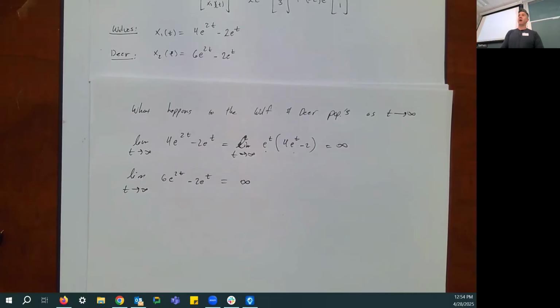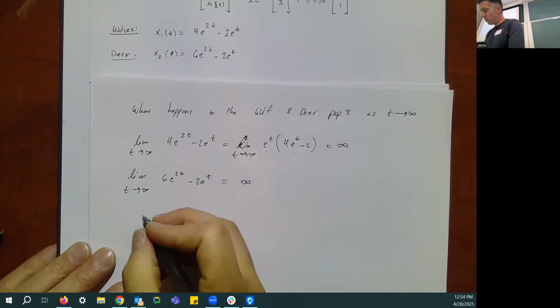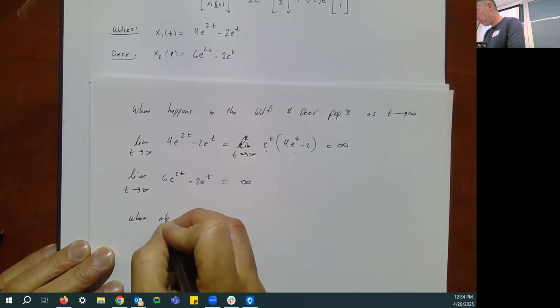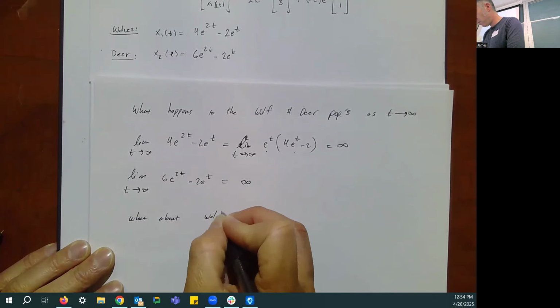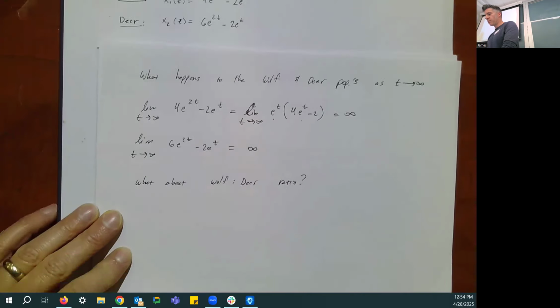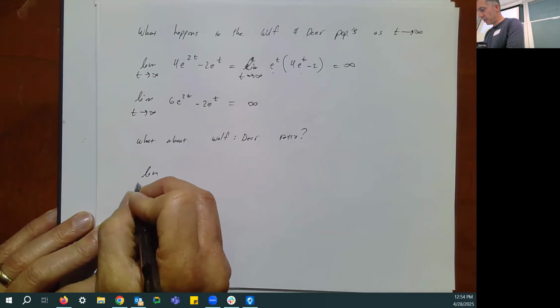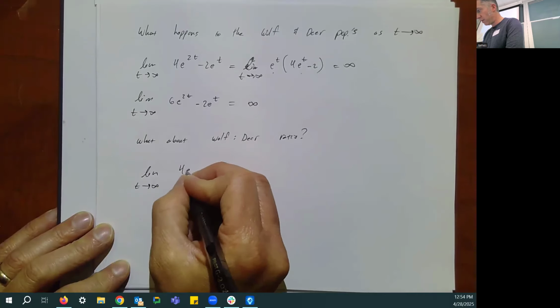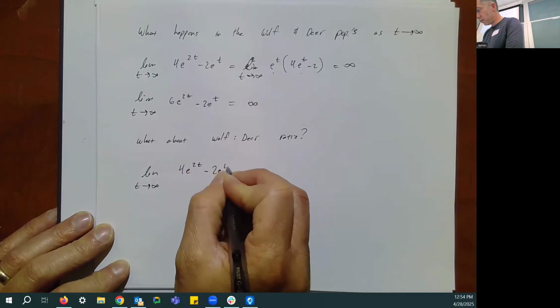But here's the more interesting thing to talk about, and the thing that we actually care about. What's the ratio of wolves to deer doing as time goes on and on? So what about the wolf to deer ratio? Well, if we take the limit as t goes to infinity of the wolves divided by the deer,